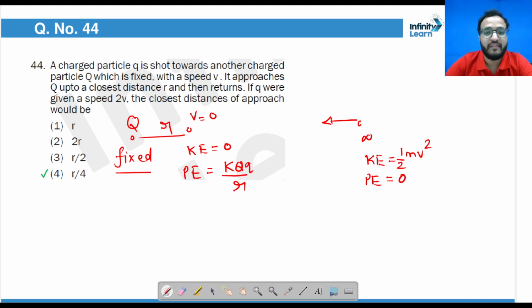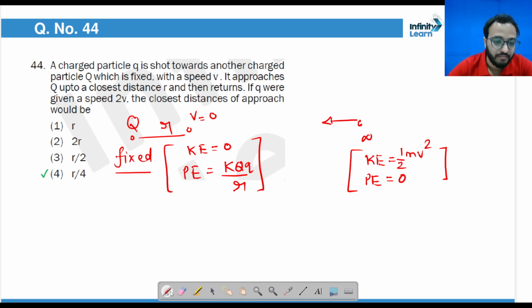So we will use the conservation of energy. Since there is no external force, whatever kinetic and potential energy are at infinity must be equal to kinetic and potential energy at the closest point of approach, right? So from here we can say that